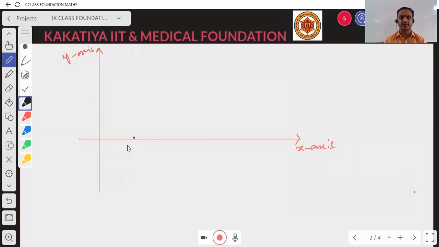In general, let us say this is x1 comma 0 on the x-axis, and say I have a point on y-axis over here, which is 0 comma y1, right? Another point over here, we'll take it as x2 comma 0, right? Another point on y-axis, I'll take it as 0 comma y2. Clear? Now say, if I need to denote this point over here, this is my point A,